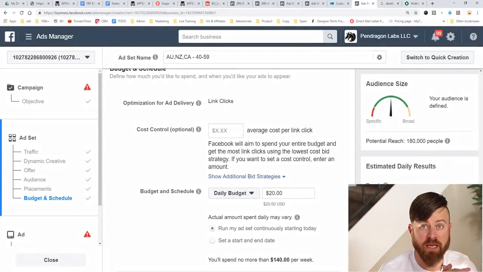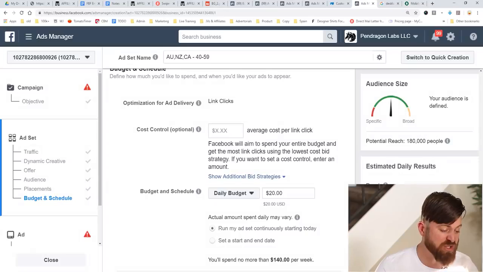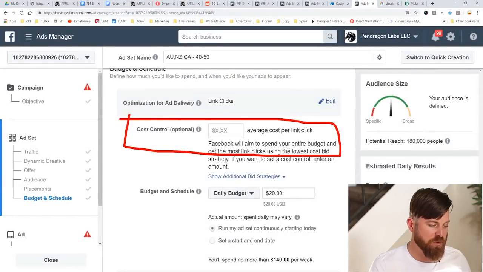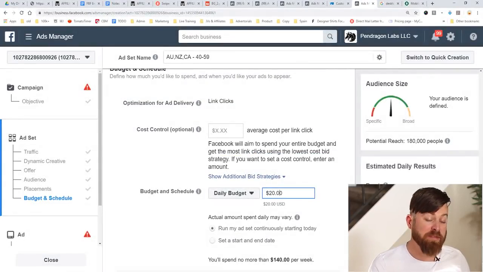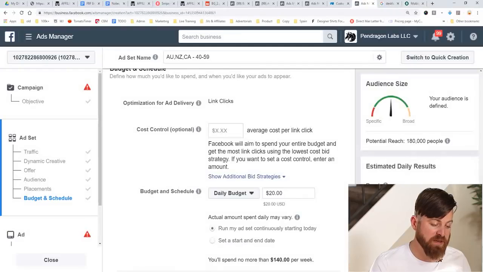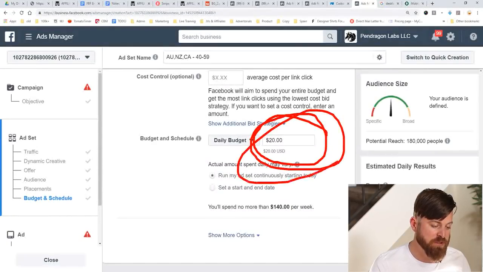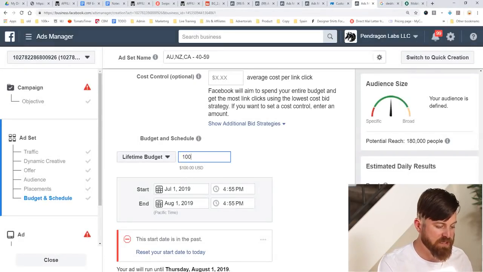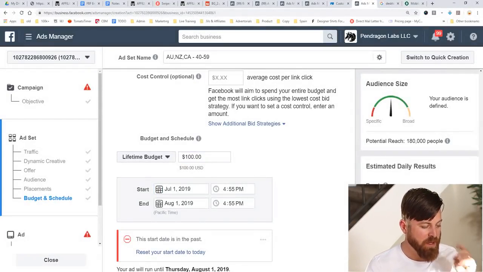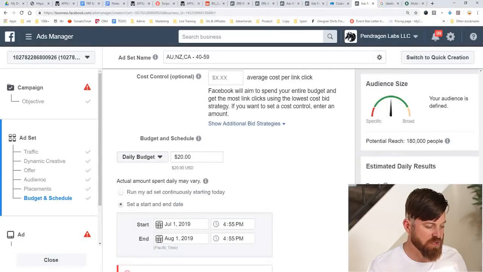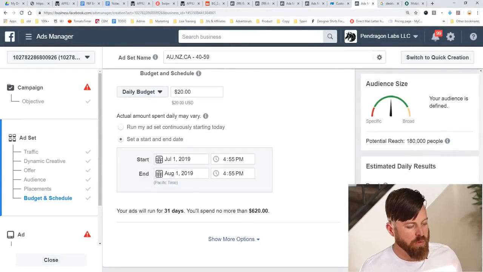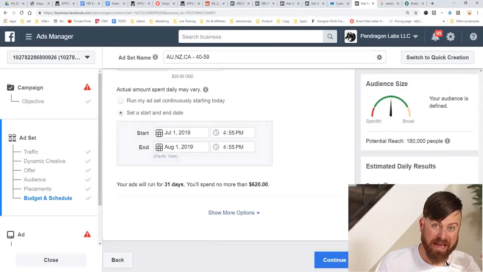Now, generally speaking, I just let Facebook set the budgets. It's kind of scary. I didn't grow up doing this, but this is an optional thing, so you don't actually need to fill this out. I think a good budget to set per day is what Facebook recommends at $20. Or what you could do is set a lifetime budget and say you only want to test $100. That would be fine as well. We're just going to say daily, okay? We're going to watch this, okay? So that's how you set up a Facebook ad targeting.